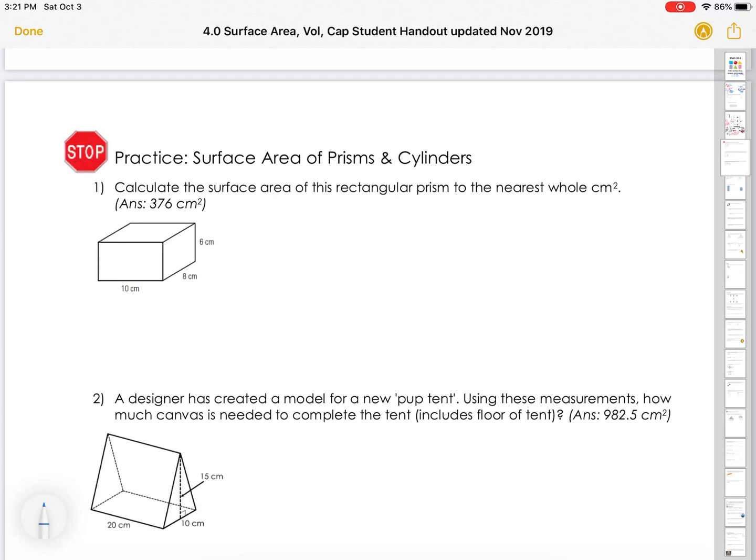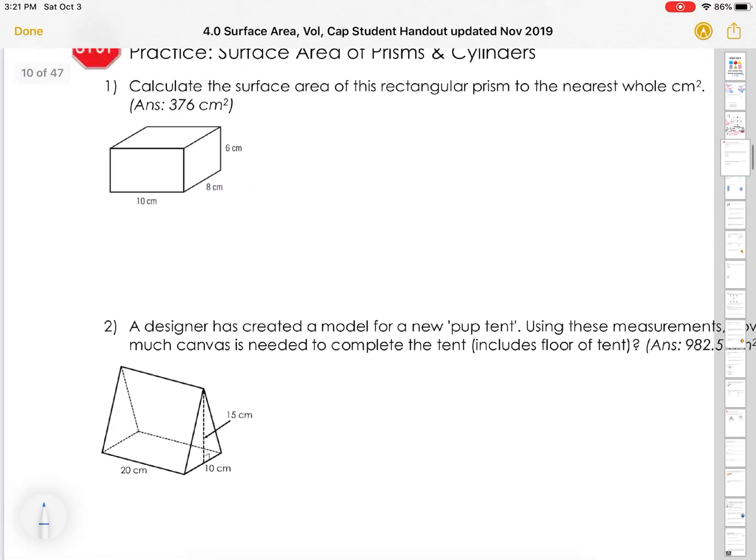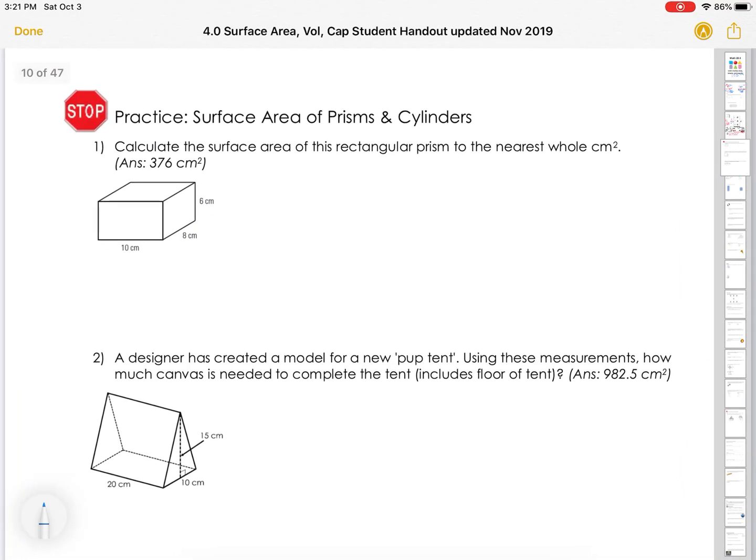You might have to use the Pythagorean theorem to figure out the length of all the sides. Sometimes they're given, but sometimes they're not. I can see one right there, this one, where you're going to have to use the Pythagorean theorem to figure out the side. Okay, so you got some practice to do. It's a lot of figuring out what we're dealing with, and a lot of multiplying and